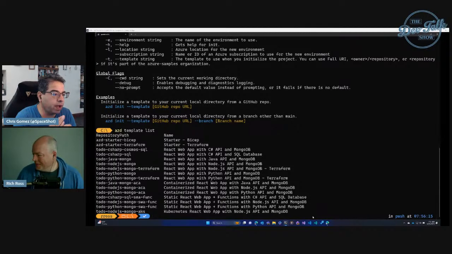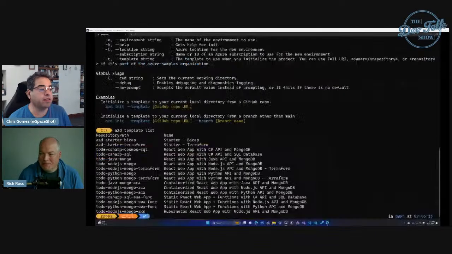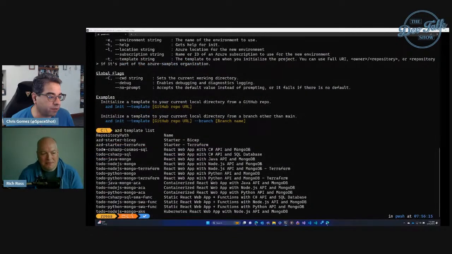No, right. Well, how about this C# Cosmos SQL one, which it says here, React web app with C# API and MongoDB is what it says. Yes, so the Mongo front end. Oh, okay. Sorry, I was looking at the names of the templates, and I figured, hey, that's a little unique. And I could see myself, if I was doing exactly what you're doing, except that I have no idea what's going on still, yep,